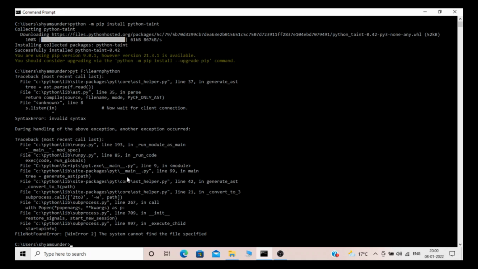As you can see, the syntax errors and others are coming. And if you want to generate a report for the same code, we can do that also.